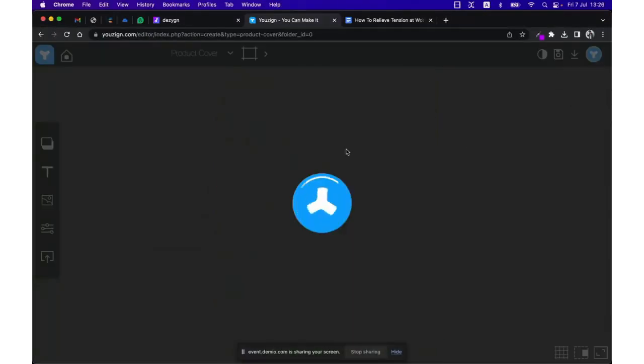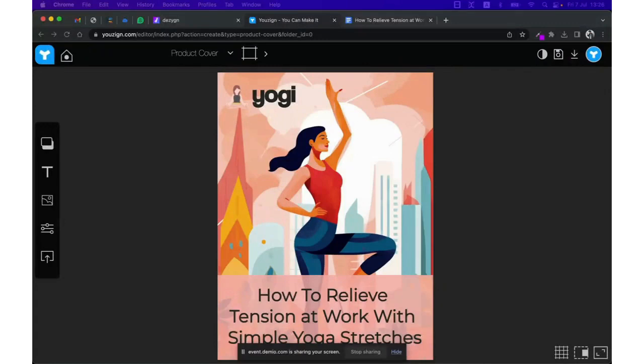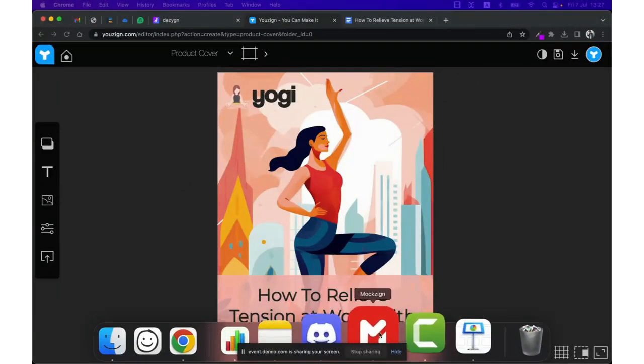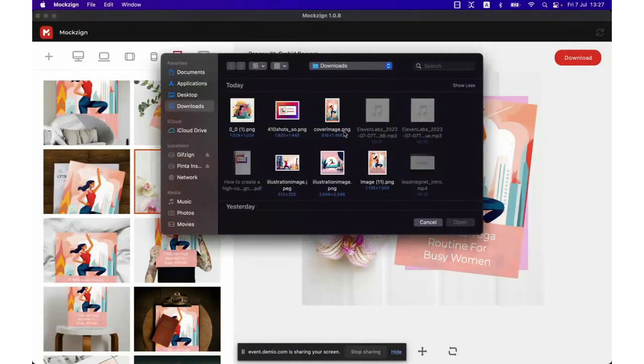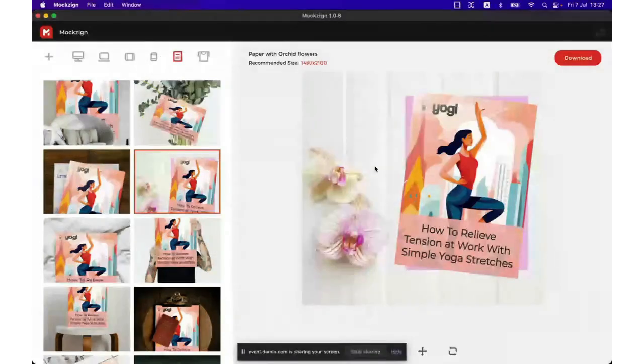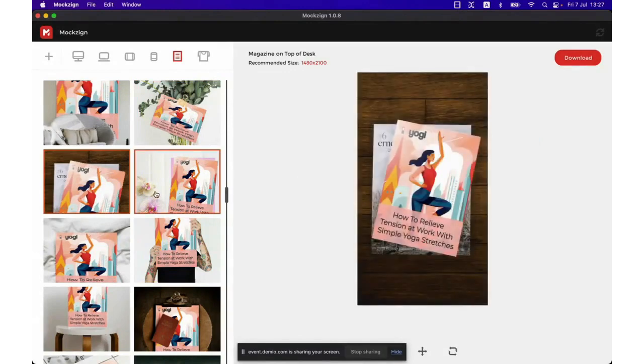And that's my cover. So the cover is going to be useful for the landing page, as you will see in a second. The cover is also useful for doing promotions for this ebook. So if you want to promote it on social media, or via email marketing, then what you can do is use Logsign to turn this cover into some kind of photorealistic